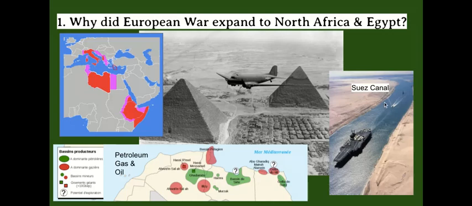The other thing is the Suez Canal, which is located right here, which would enable Germany and Italy to travel easily into the Indian Ocean and over to Asia without having to go around Africa. Also, it would cut off the British. The Suez Canal was owned by the British. The British used it to get through here to get to India and back without going around Africa.